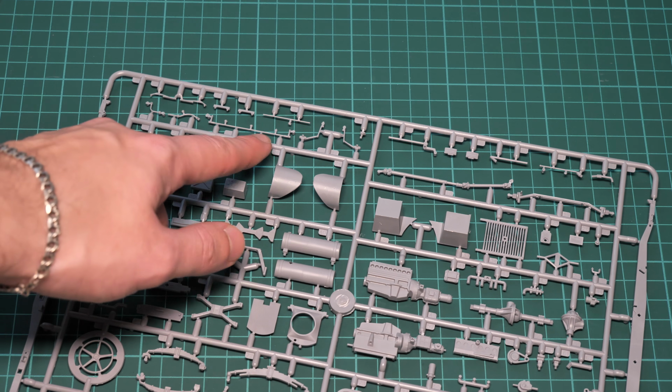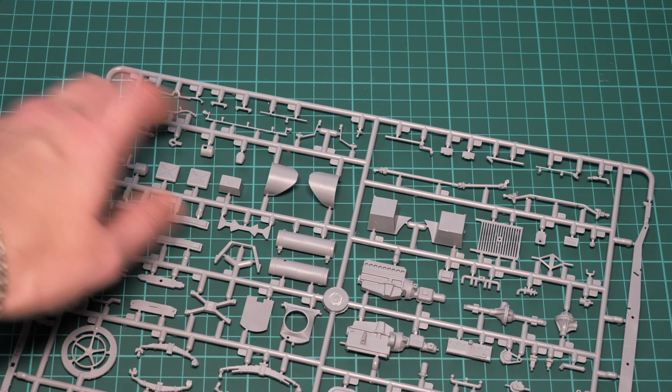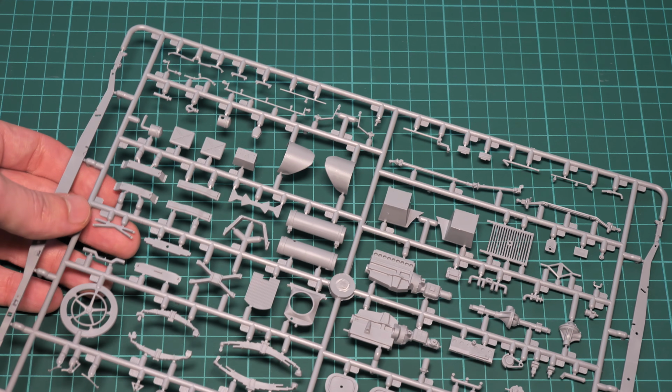The same can be said about those parts. As you can see, they're also thin and we have attachment points right in the middle. So I would rather recommend using a plastic saw in order to separate them from the frame. Next we have two